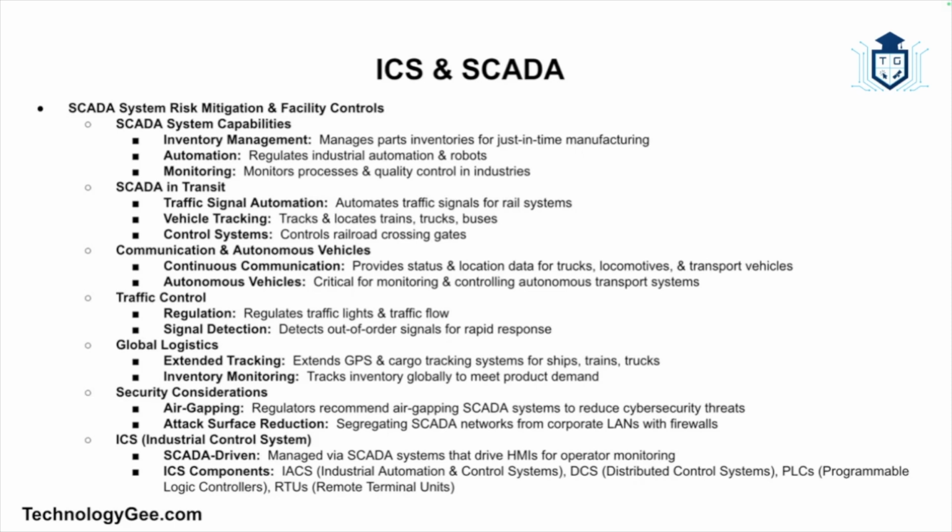Continuous communication for trucks, locomotives, and transport vehicles provides valuable information such as location and status, and is especially important for autonomous vehicles. SCADA systems can regulate traffic lights, control traffic flow, and detect out-of-order signals. Other specialized systems extend GPS and cargo tracking systems. Knowing where ships, trains, trucks, and inventory are located anywhere in the world is critical to meet today's demands for products. And these systems require special security considerations, and regulators have long insisted that these systems be air-gapped to reduce